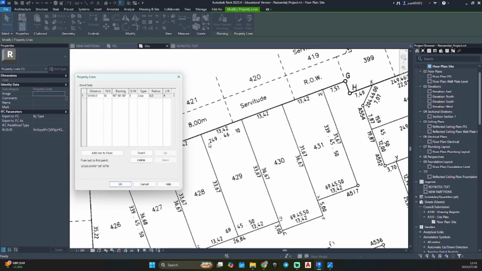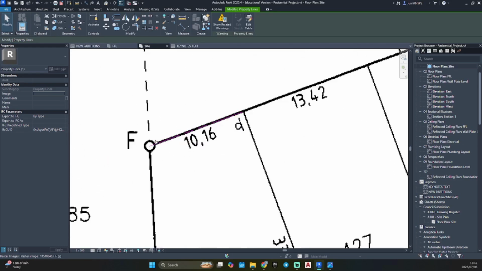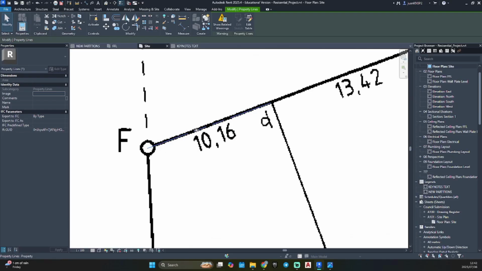We need now to figure out what the 180 plus what gives us this distance. So now it's going to take 249 minus 180, which will give you 69. So then this will be 69, 46, 10. And our line is now on the correct angle.